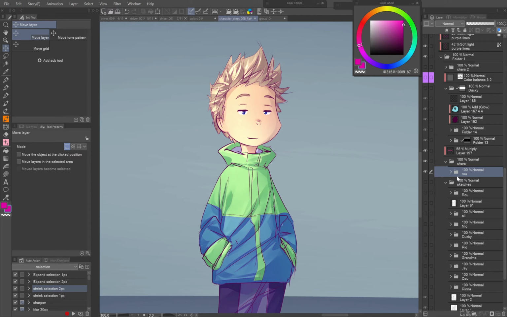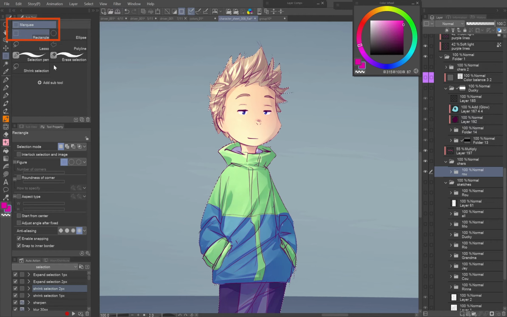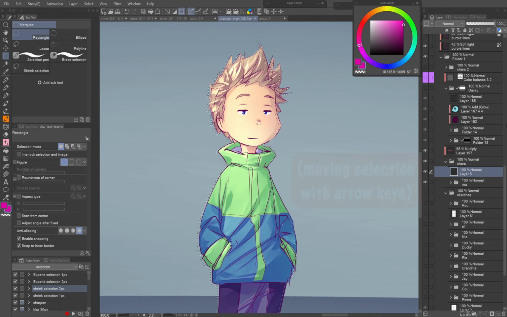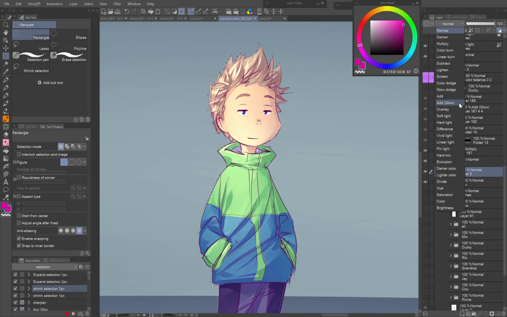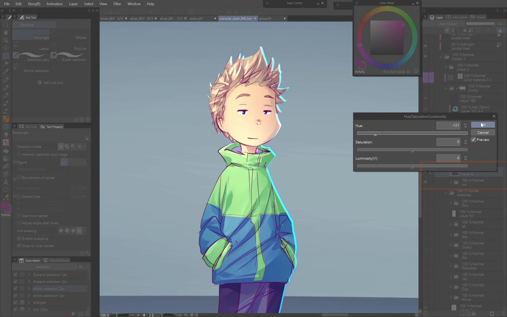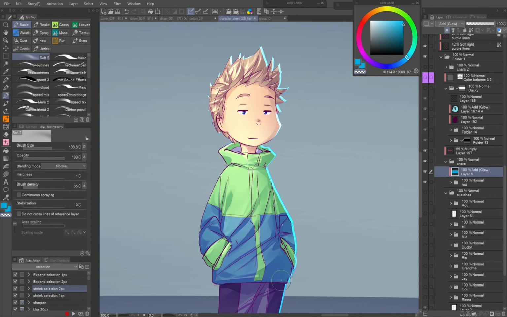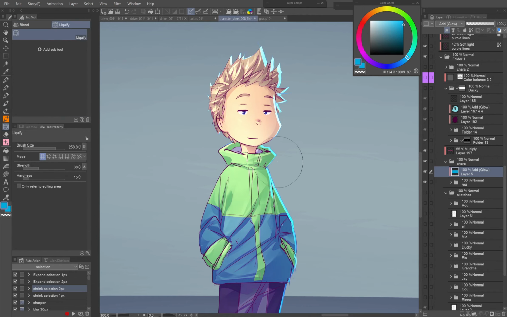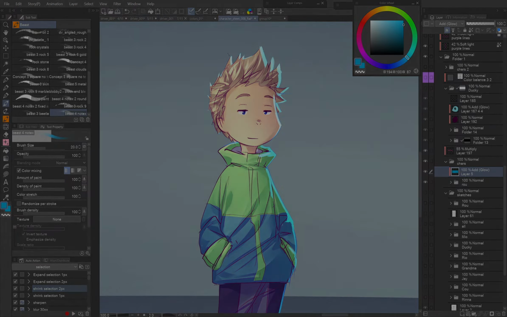The easiest way to add backlight is Control-click the layer or folder of your character to make a selection of their silhouette. With the marquee tool selected, move it a few pixels to the direction of your intended backlight. Invert it. Clip a new layer in some addition mode to your character folder and fill the selection with the color of your backlight. By erasing it in some parts and adjusting the shape with Liquify, the rim of the backlight gets easily incorporated into your painting.